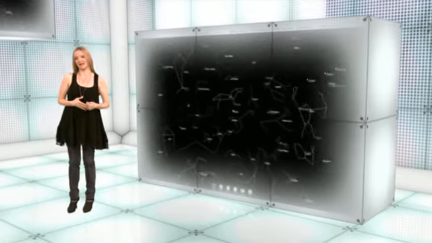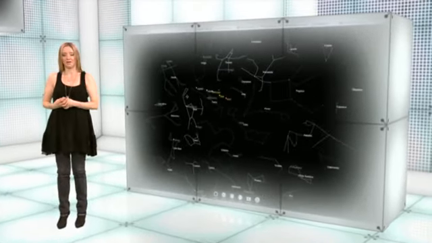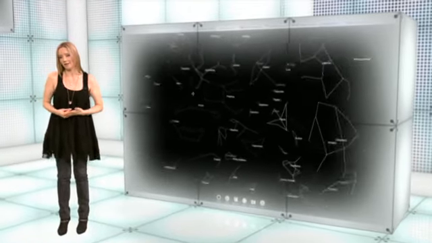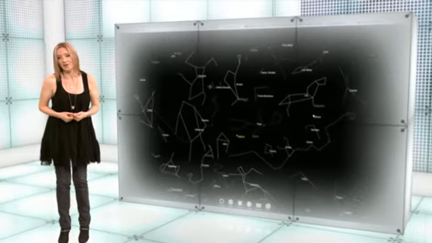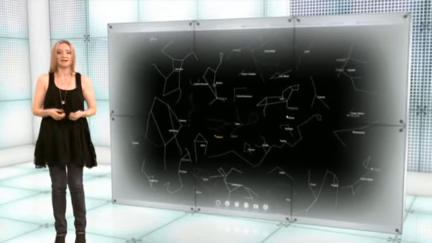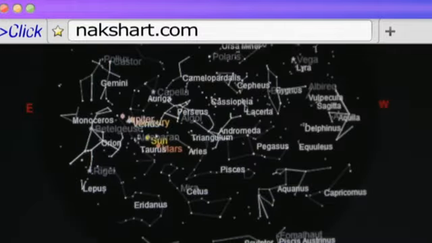This app uses your IP address, which is the unique identifier of your computer on the web, to draw a map in HTML5. So it really is using all of the technological bells and whistles to deliver a map of the stars over your head into your browser. The result is beautifully simple: a star chart in your browser.